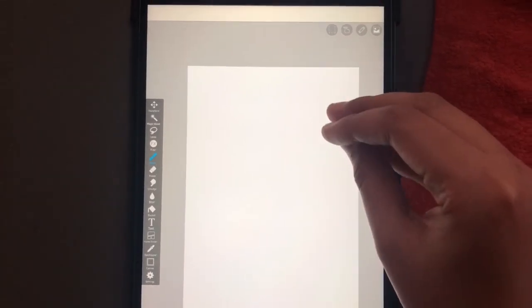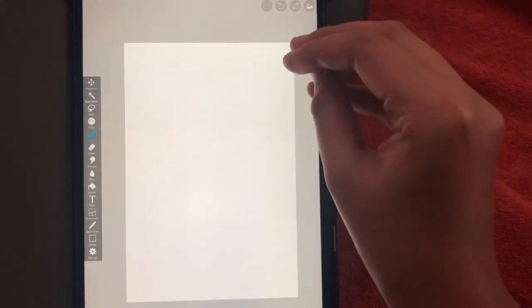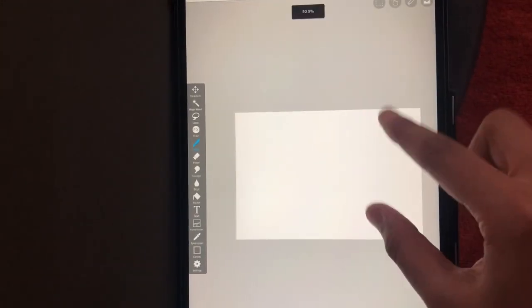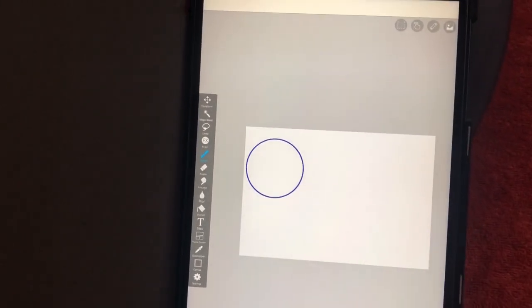So what if we draw an abstract, easy 2D design using the default shapes and bucket? How interesting it is. Let's begin. Using the default shapes, I'll just draw some lines, some circles. I'll just draw a circle here.